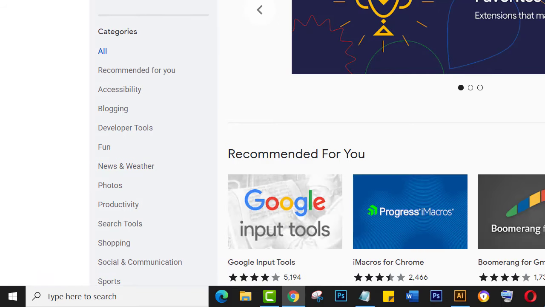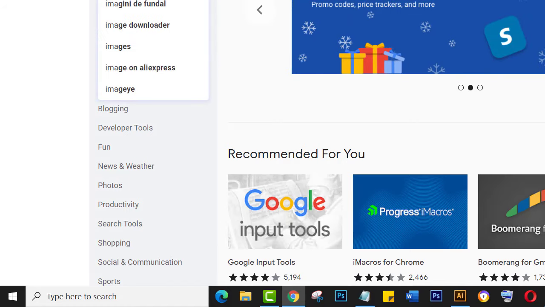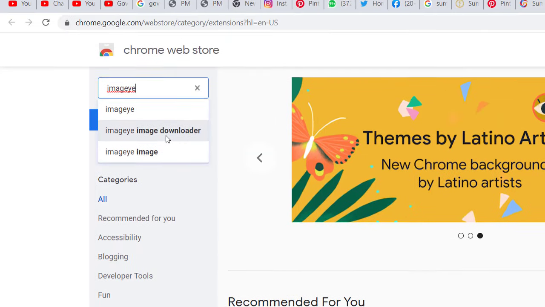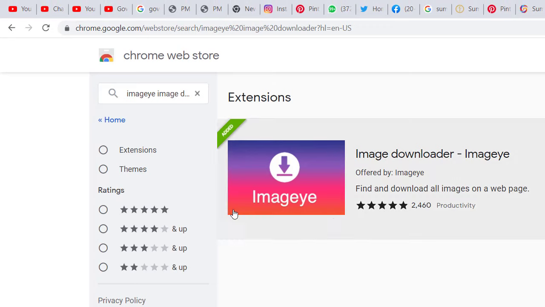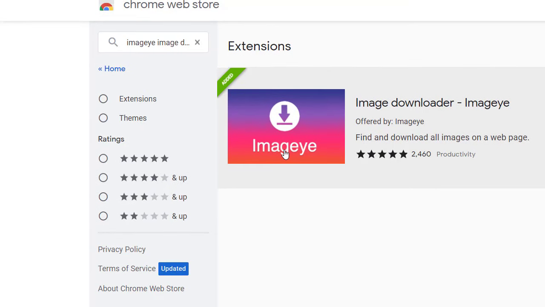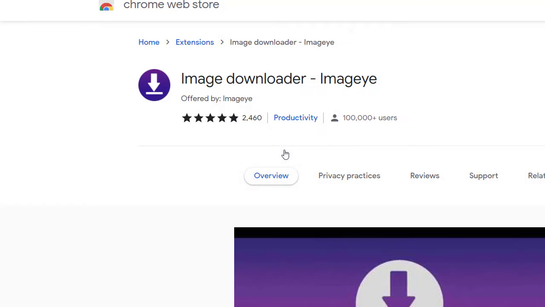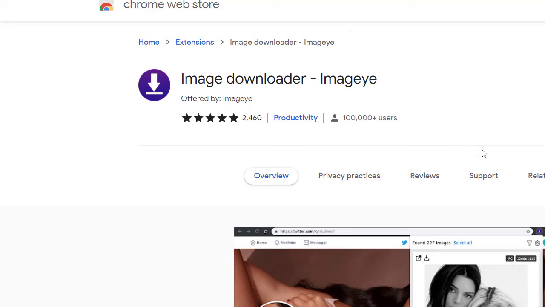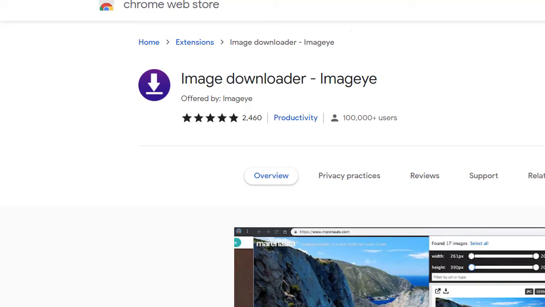You write there image, and here is Image Downloader. Click here. So this is the extension which I am talking about. It is free for Google Chrome, and when you come here you will find the install button.